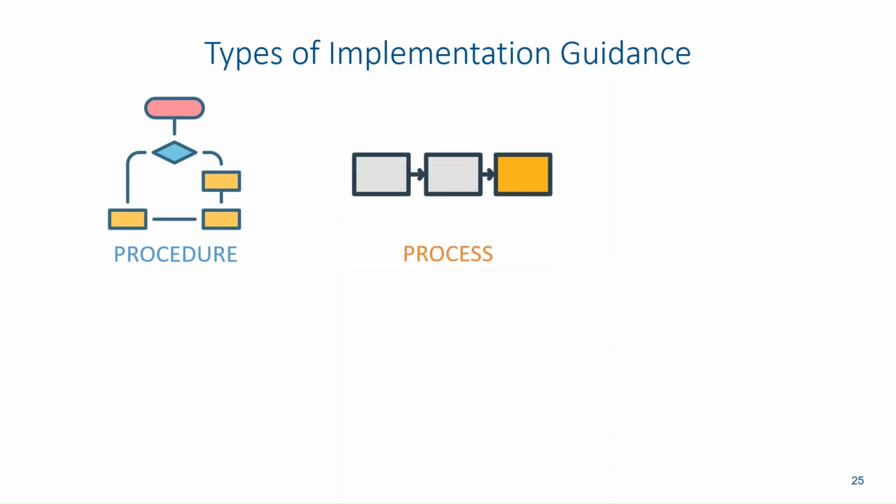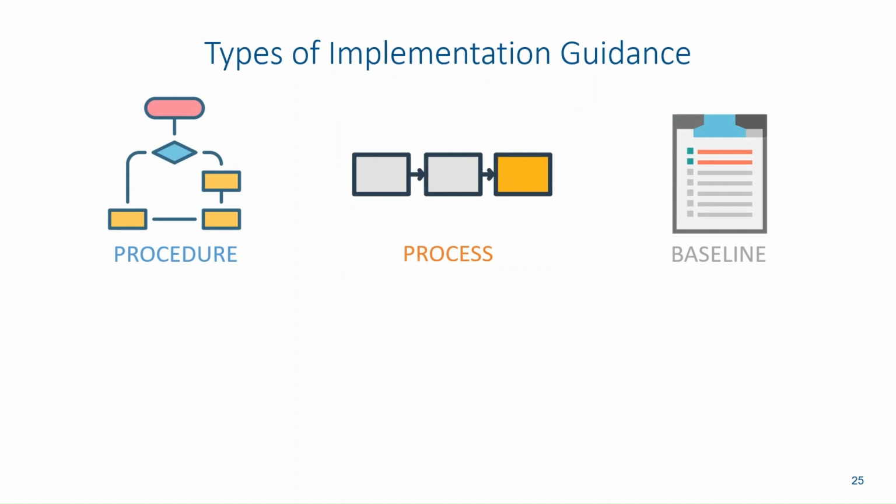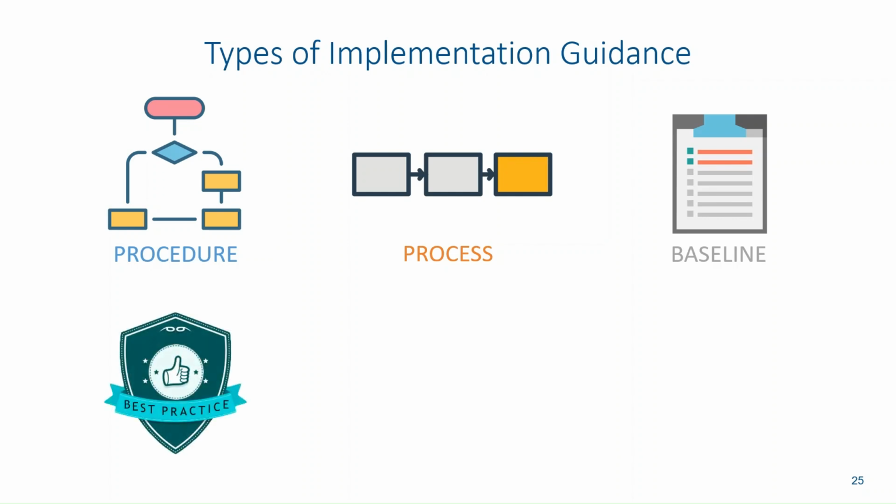Another part is process. Process is less detailed specifications of what actions should be taken, but they do provide managerial or professional guidance. Another thing that provides implementation guidance is baselines. These are the bare minimum specifications that we need to follow in order to ensure that our machines are protected. In line with baselines, we also have what is called best practice. A lot of companies can look to partner companies or organizations to determine how they are doing things. Based on this, they have recommended practices that they can engage in to ensure that their information is secure.